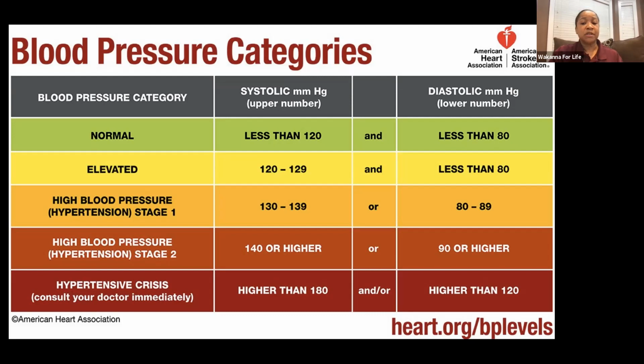So I just want to take a moment here to say, please always, always be honest with your physician. This is not about not wanting to take medicines, not needing to take medicines. This is about you having a good quality of life. That's all it's about. Other things that potentially can make your blood pressure higher at the doctor's office: